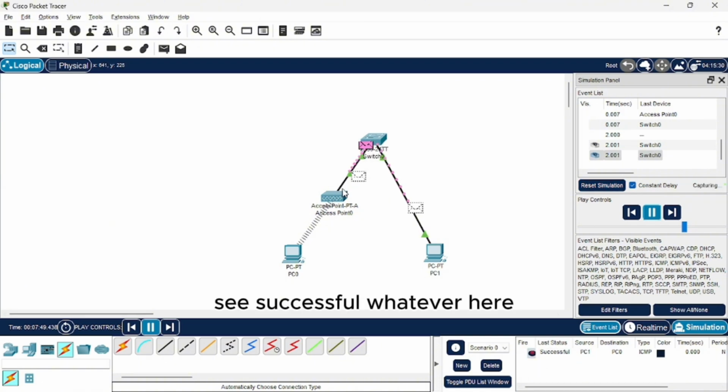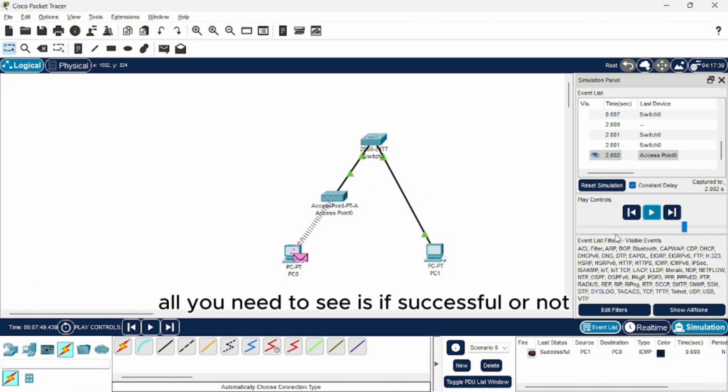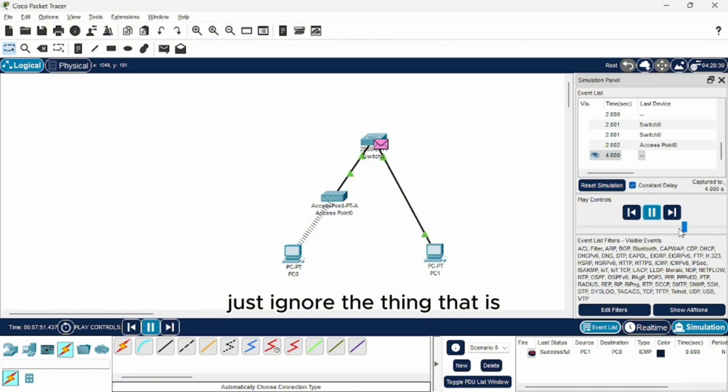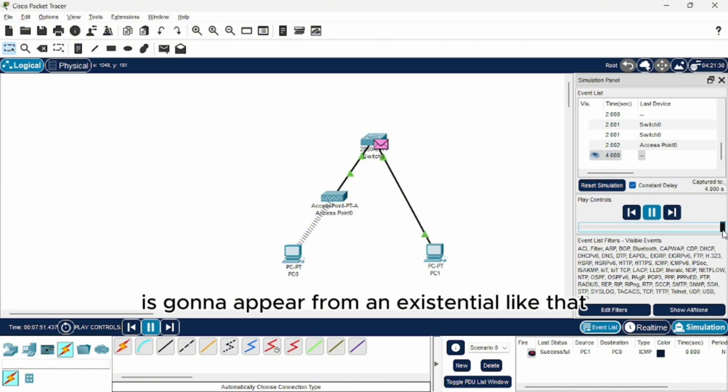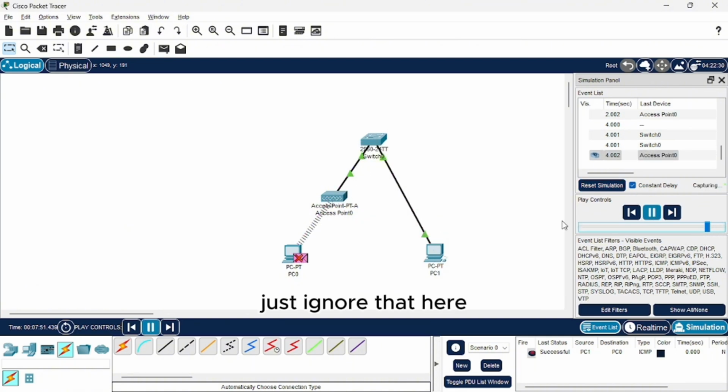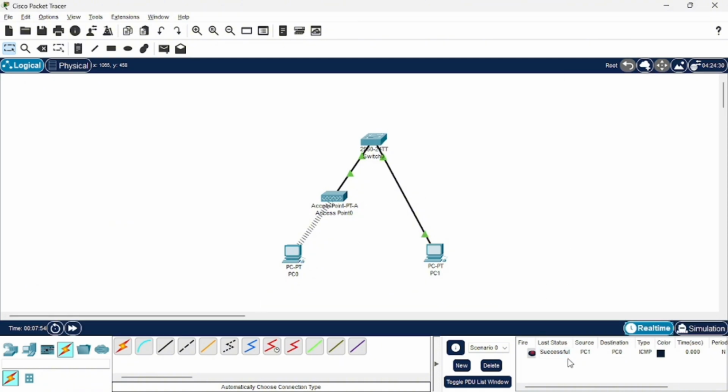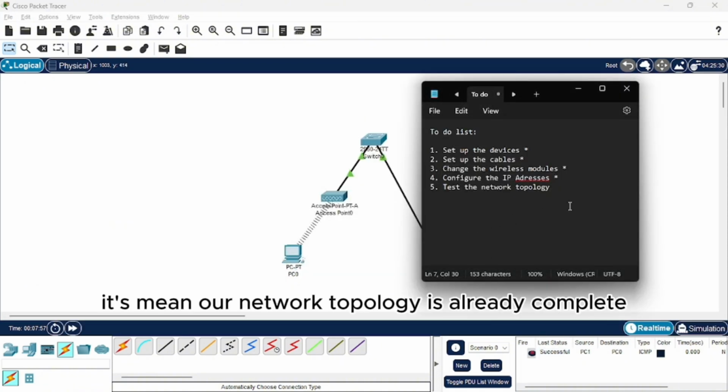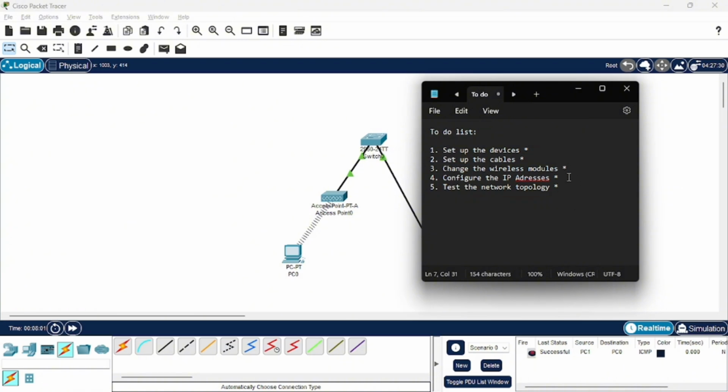Whatever else is showing here, just ignore it. All you need to see is whether it's successful or not. Just ignore the pings that appear from nonexistent devices like that. It means our network topology is already complete and working.